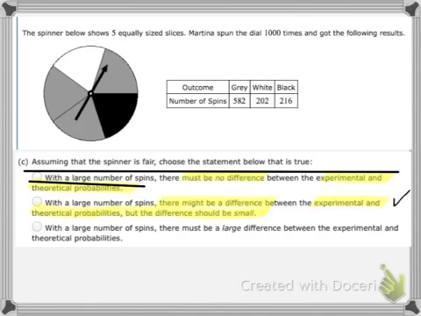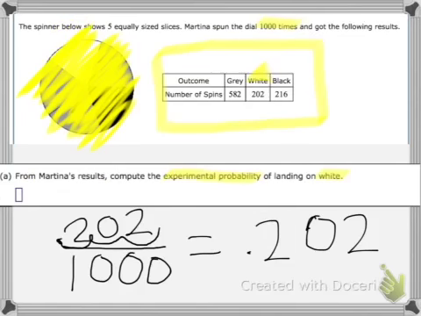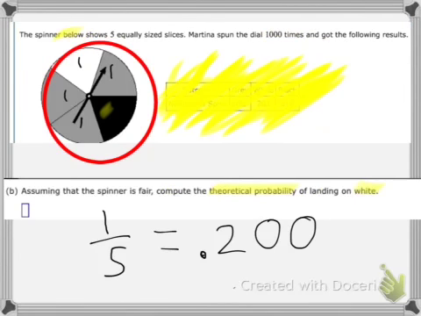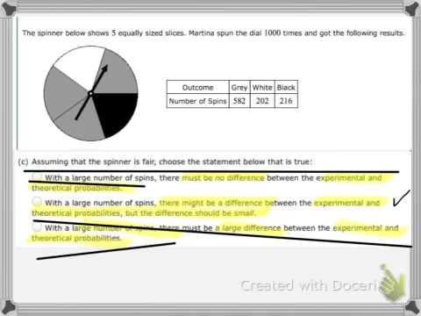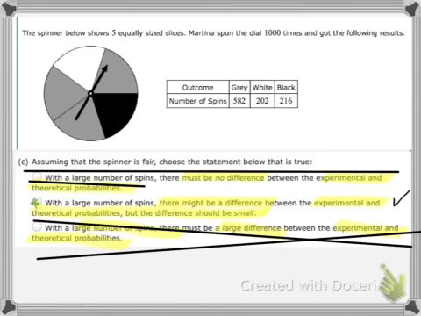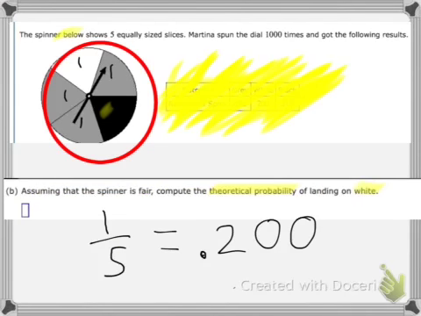And the last one says with a large number of spins, there must be a large difference between the experimental and theoretical probabilities. We all can say there's not a large difference between 0.202 and 0.2. So basically, the last one is also wrong. And the answer is the one in the middle. With a large number of spins, there must be a difference between the experimental and the theoretical probability, because you see the difference between 0.2 and